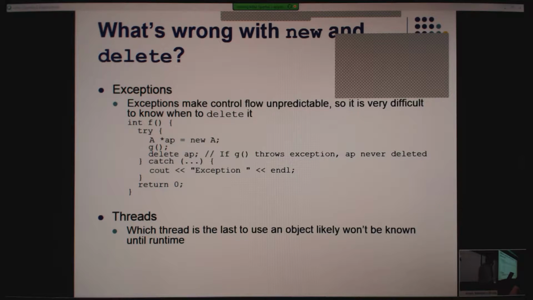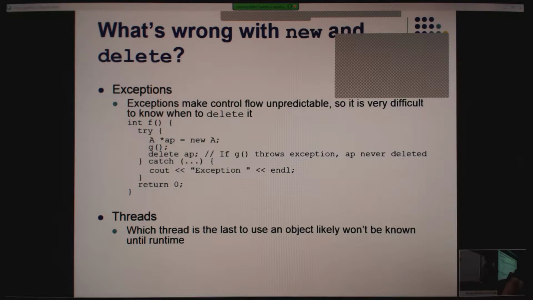So here, if you look at the code on top, I allocate the object with a new A statement. I run some code, and then I delete the object. This isn't really a very good example because I never use the object that I created, but nevertheless, the code looks great, right?